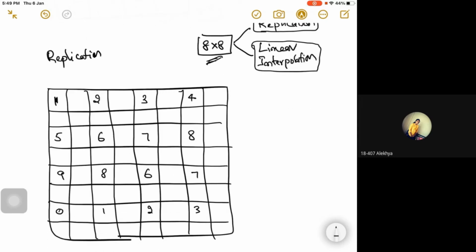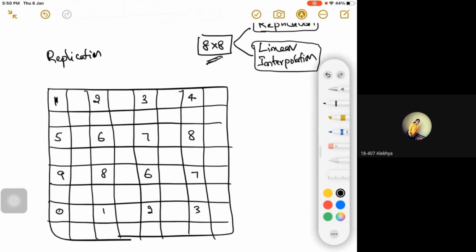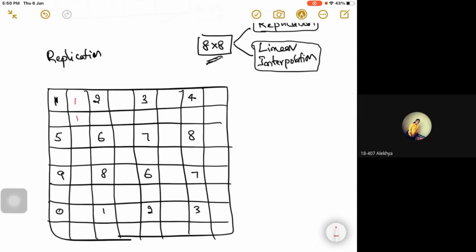What about the remaining? We want zoom by double the size. For that, in replication, all the empty cells surrounding each value, these 3, you have to fill with the same value. Let me take a different color, some red. These are the replications of intensity value 1, on the right side, downside and diagonal. Similarly, these 3 will be replaced with 2, these 3 with 3, these 3 with 4, and so on. The process will be continuous. These 3 with 5, these 3 with